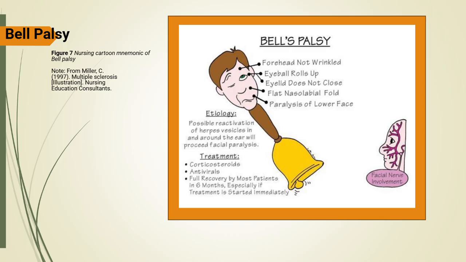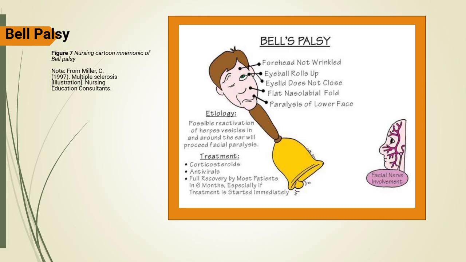With Bell's palsy, the eyelid doesn't close completely. The eye may roll upward when the patient tries to blink, and they may have tearing or drying of the eye because it can't close properly. You'll also see drooping of the mouth and a flat nasolabial fold. Patients may have trouble smiling, speaking clearly, or keeping fluids from leaking from the mouth. Pain behind the ear is a common early complaint.